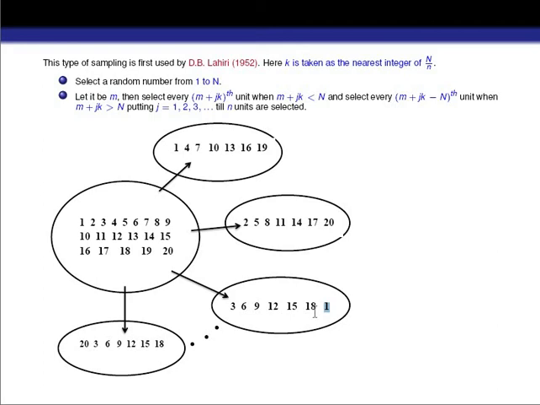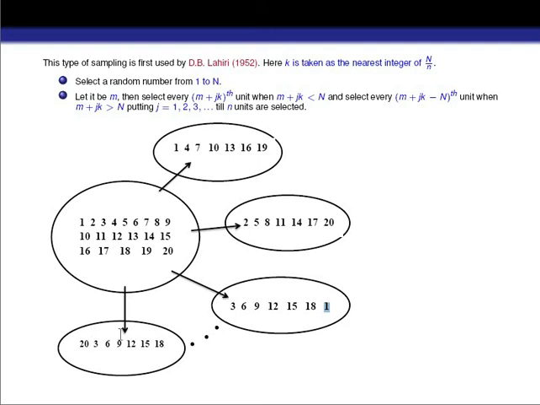But if we use the linear systematic sampling technique here, we will not get this possible sample. In this way you can draw the other possible sample combinations also. Now I just take the last option.